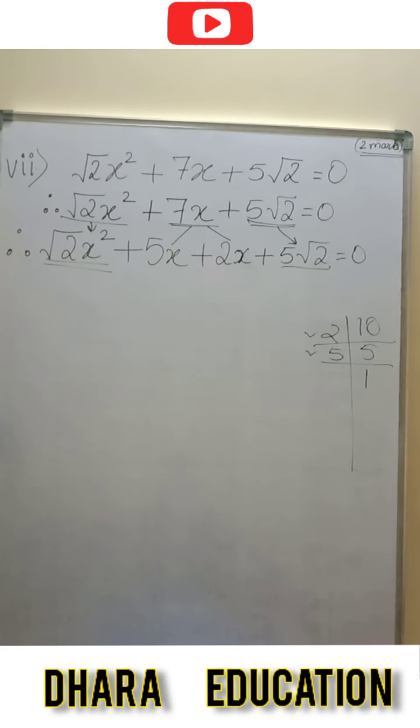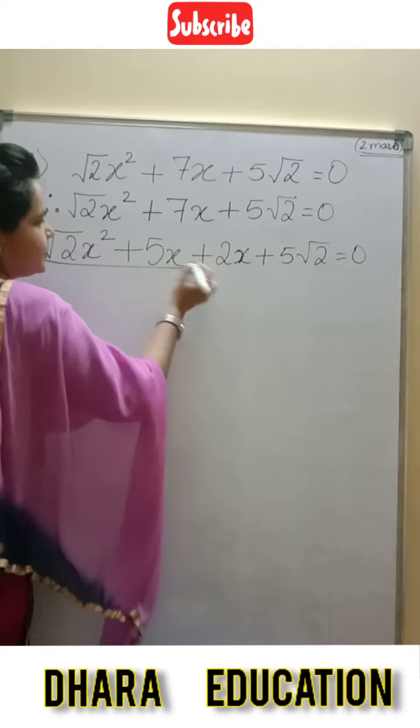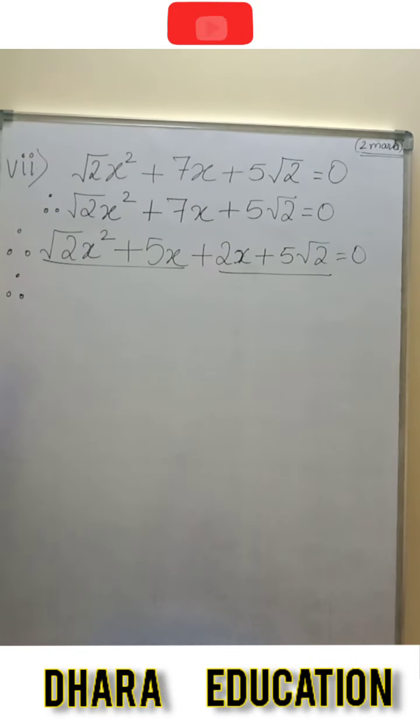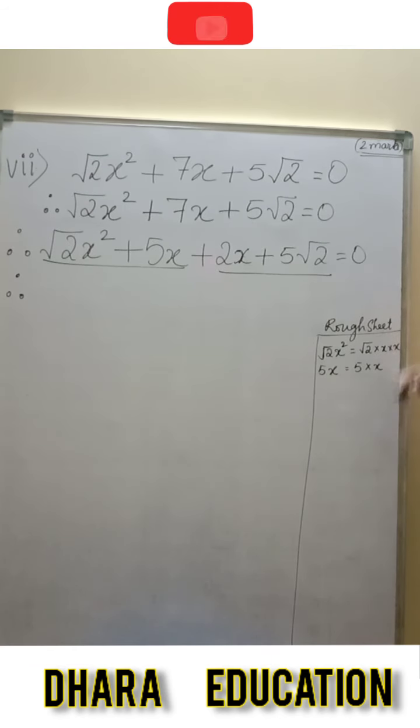Am I clear on this point to everyone? So now, the next step will be pairing the things. I have made the pairs. Now, in this particular pair, as I told you in the previous lectures also, there should be clarity in common factors. If you are pairing it, you have to take out the common factors. How will you take them out? Just take a rough on the right hand side. So here in the rough sheet I have shown you how to make it common.